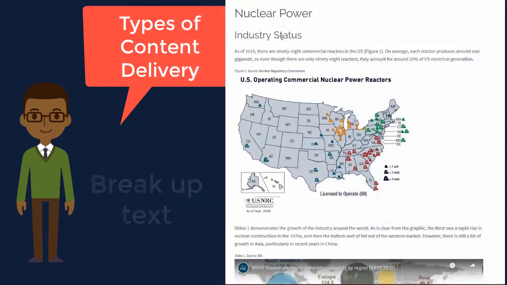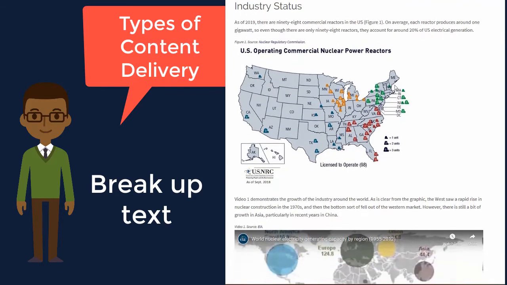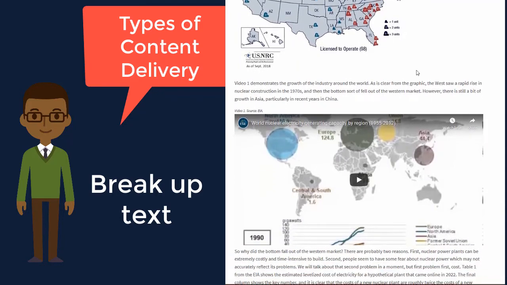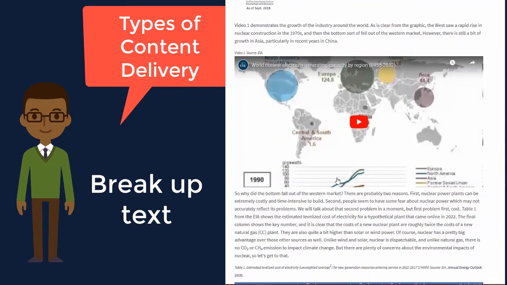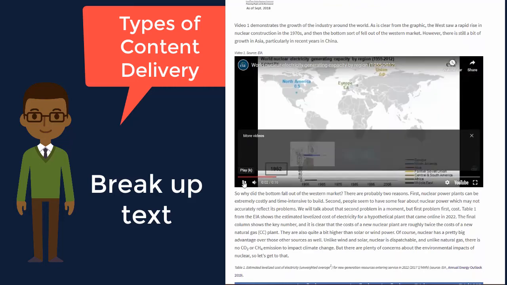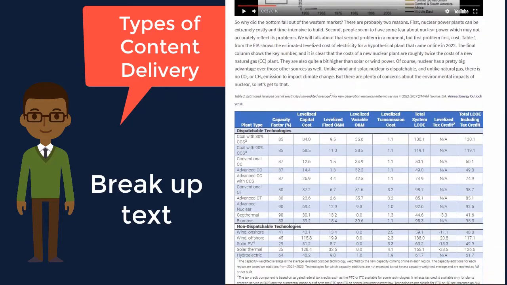If your content is made up of mostly text, include images or tables to add variety. Visuals can help with comprehension and retention because they present information in a different way. Look for places in your text where you can present a paragraph or a concept in a diagram or chart. You can also present data in a table where possible.